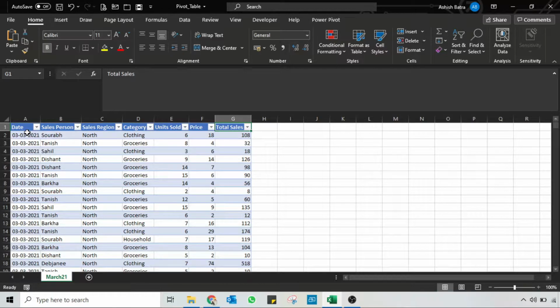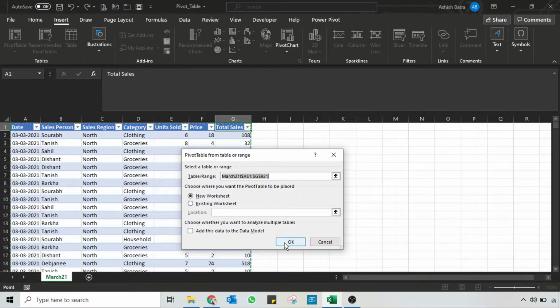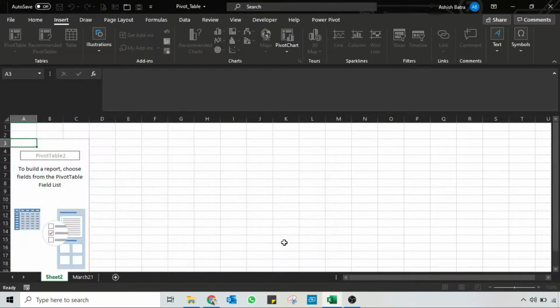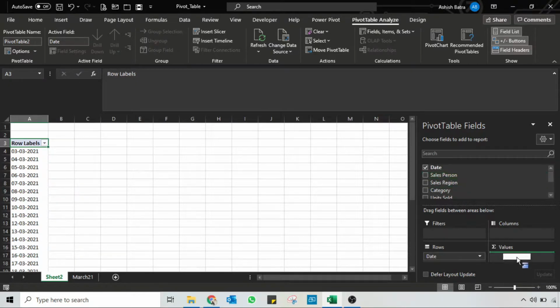Now let's create a pivot table. Alt NVT. Let's create a pivot table on a new sheet. Then click OK. So currently it's the normal layout. The rationale for using the classic layout is that it's very easy to drag the field into this layout and my column will be generated. If I start from this layout, it's very difficult to see.